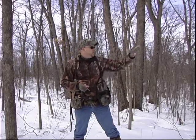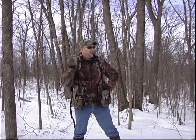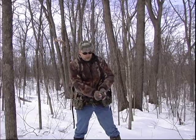If that doesn't work, and let's say he's hung up out there and he's strutting and all of a sudden he starts moving off, let him move off. Let him get 200 yards out, pick up your stuff, get around to, let's say, 75 yards ahead of where he's going. Set up and start calling to him again. And in that situation, I'm not gonna make a single peep as far as calling until I get all set up ahead of him. And then once I get set up, I'm just gonna